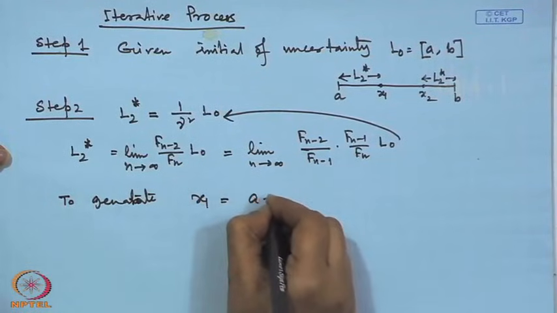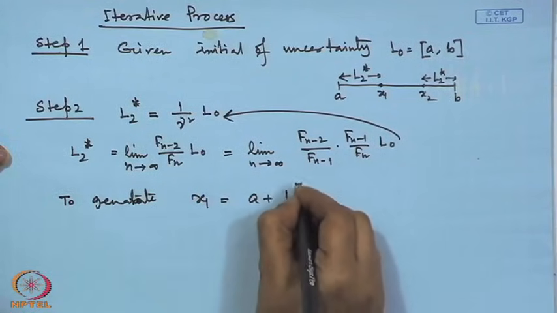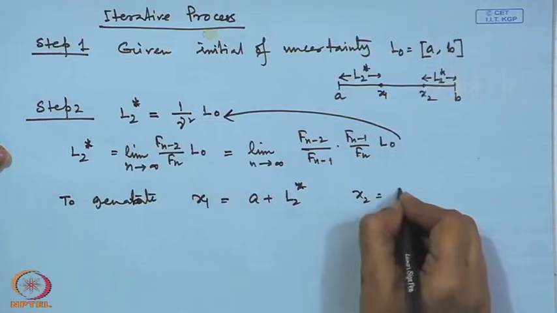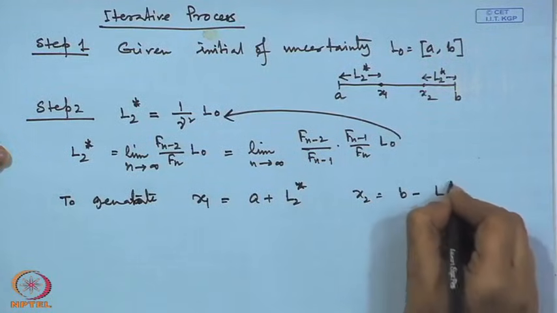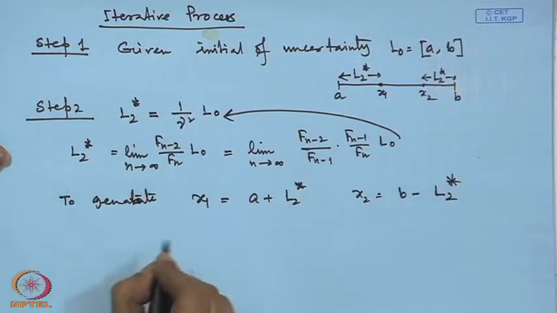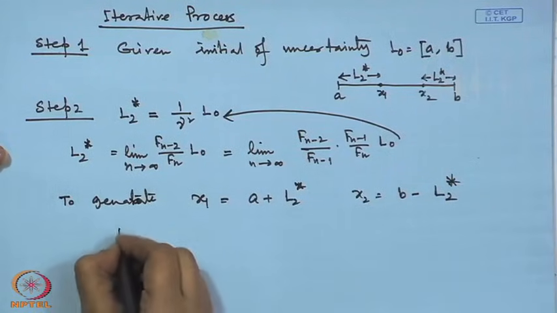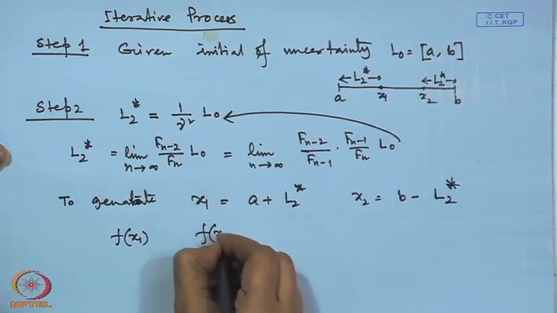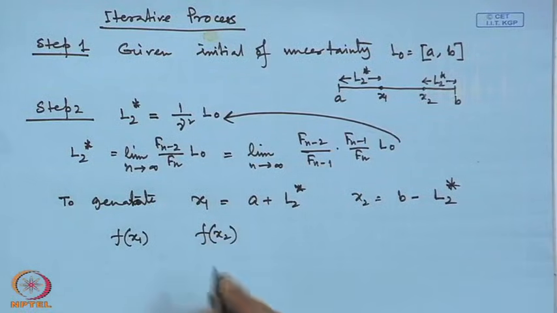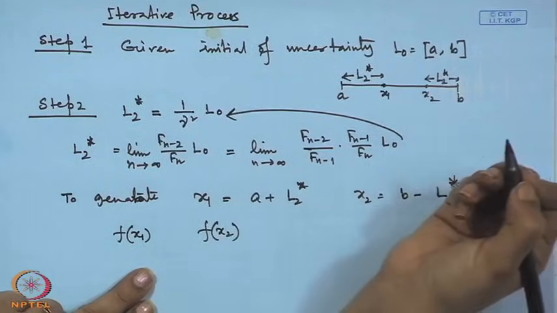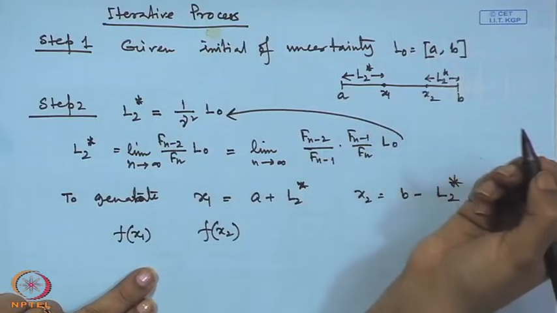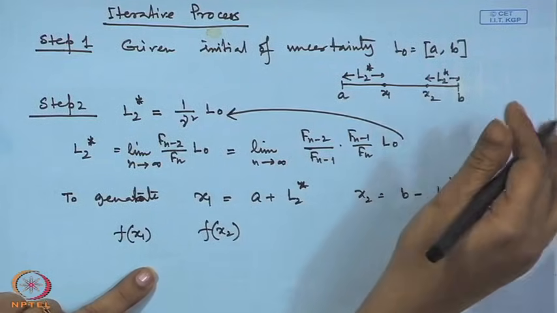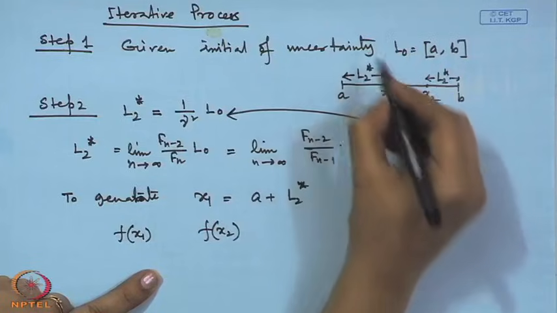x1 is equal to A plus L2 star and x2 is equal to B minus L2 star. And we will find out the functional values fx1 and fx2, and if we see that fx1 is lesser than fx2, for minimization problem we will conclude that, say the function is this one,